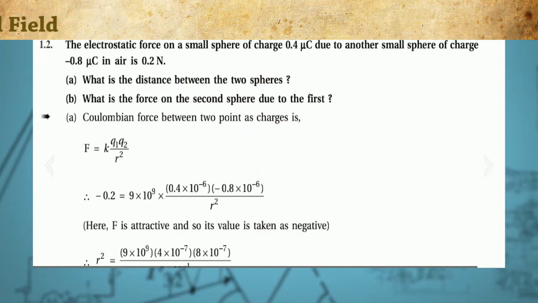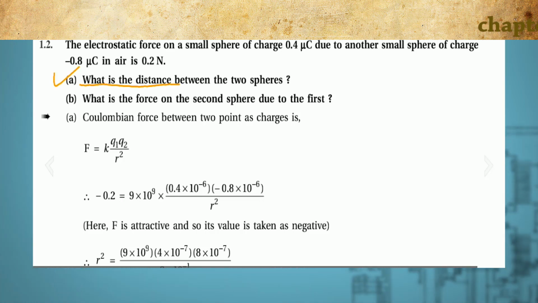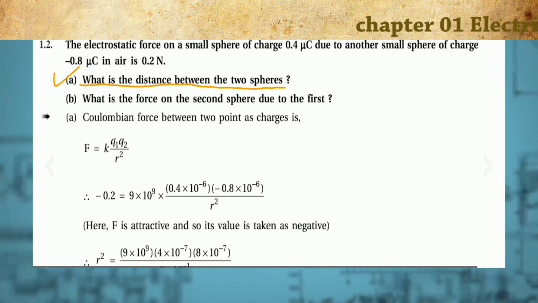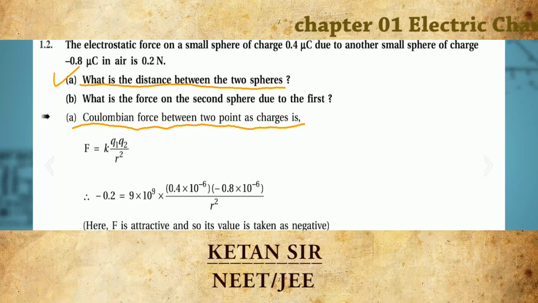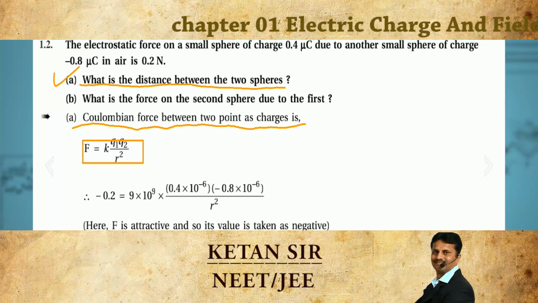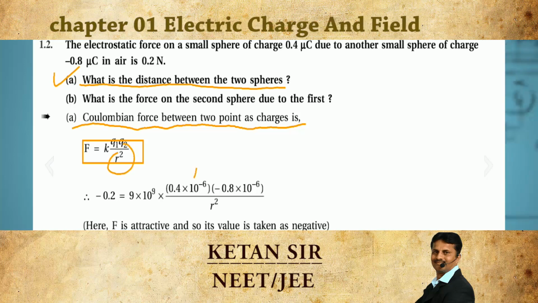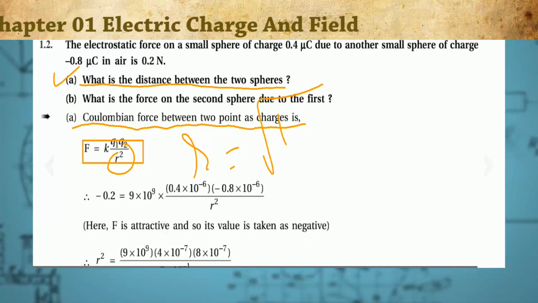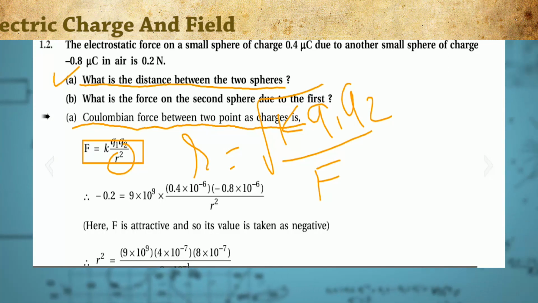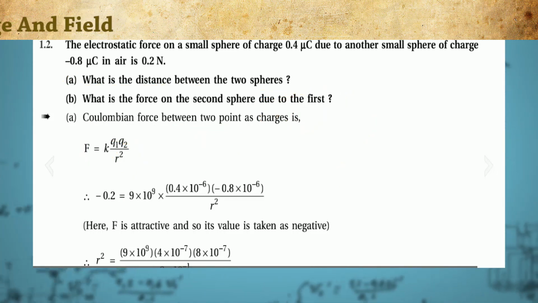Obviously we want to calculate the distance between them. What is the distance between the two spheres? That means simple, you put in the Coulombian force. The Coulombian force between the 2 point charges is given by F is equal to K Q1 Q2 by R square. When you make R the subject, R square is equal to K Q1 Q2 by F. The simplest formula of that,